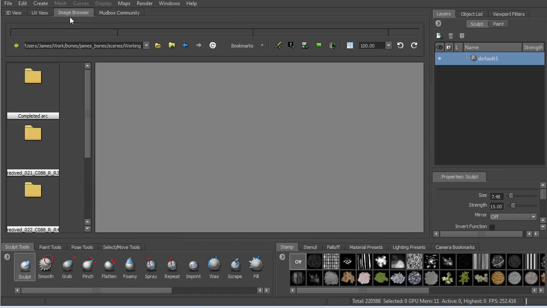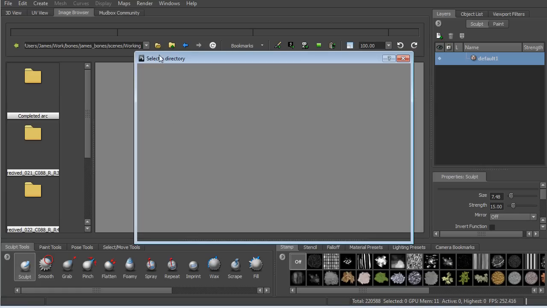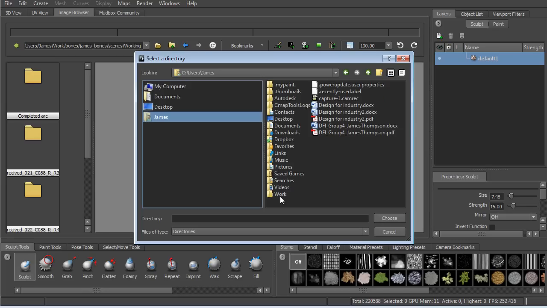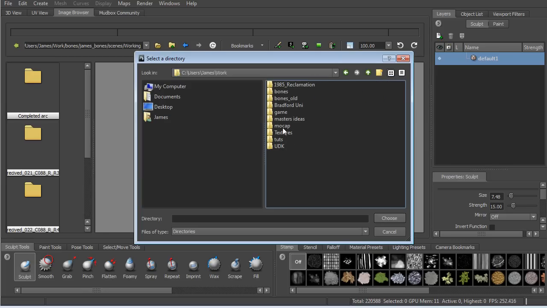Okay, so now we're in the image browser, and apologies for earlier on. There seems to be a problem with the recording program and bringing up this image browser window. So once inside the image browser, you can choose your destination or navigate to your folder. So what we'll do here is I will open up where I have the files,